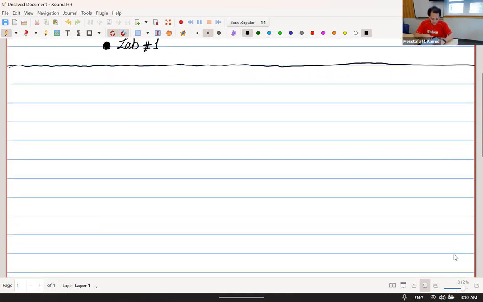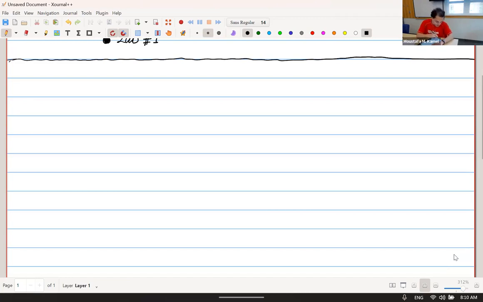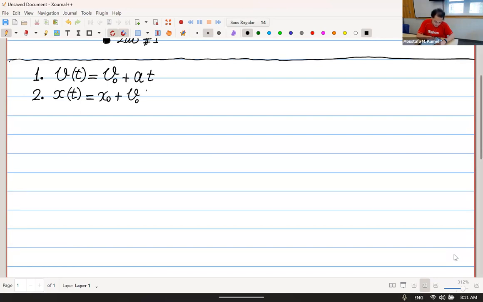So yesterday we wrote down the one-dimensional kinematic equations of motion. I will just write them down again because you will be using them. The first equation: the velocity at any moment of time is equal to the initial velocity plus acceleration times time. Second equation: position at any moment of time is equal to initial position plus initial velocity times time plus half